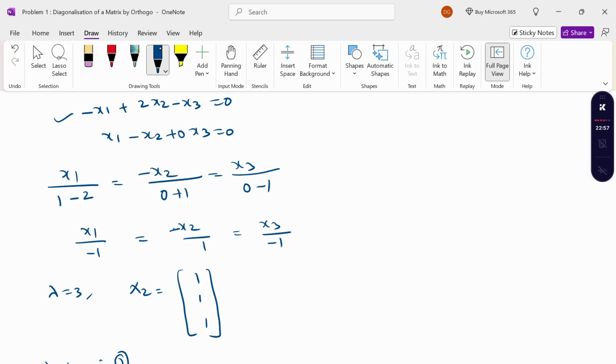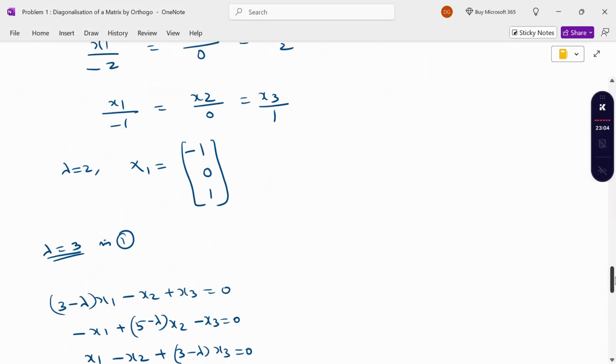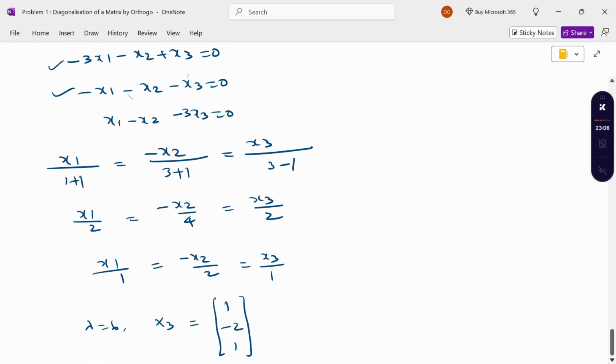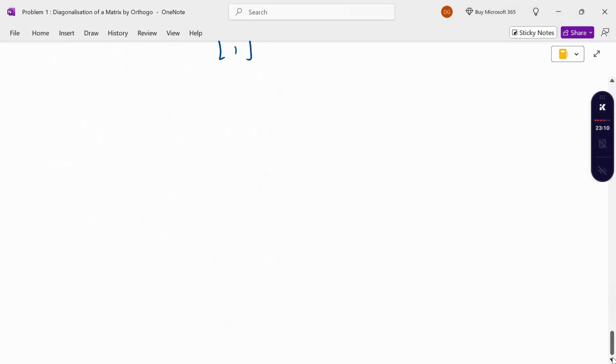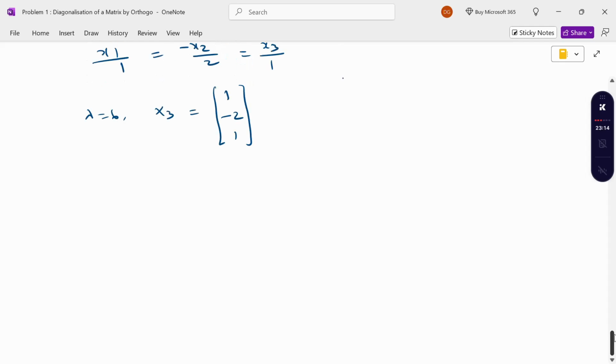Now x1, x2, x3. So 3 eigenvectors. To find these 3 eigenvectors' normalized vectors, because I want to calculate the normalized one. Therefore for this term, to find the normalized vectors,